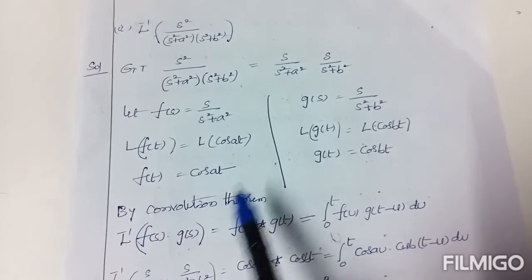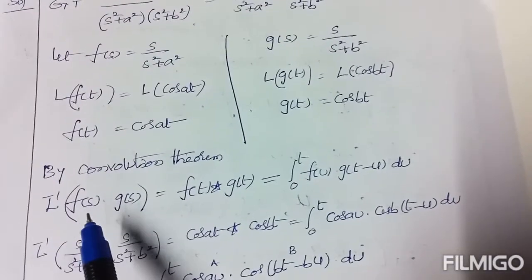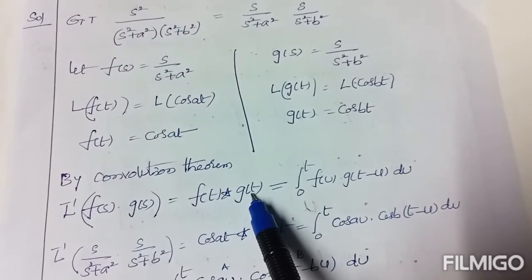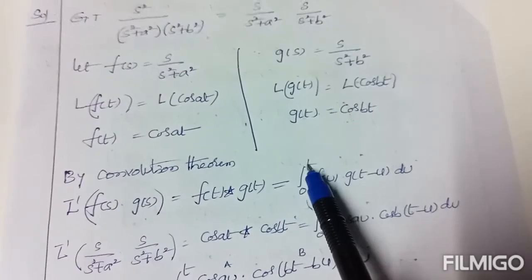What is the statement of the convolution theorem? The inverse Laplace transform of f of s into g of s equals f of t star g of t, which equals the integral 0 to t